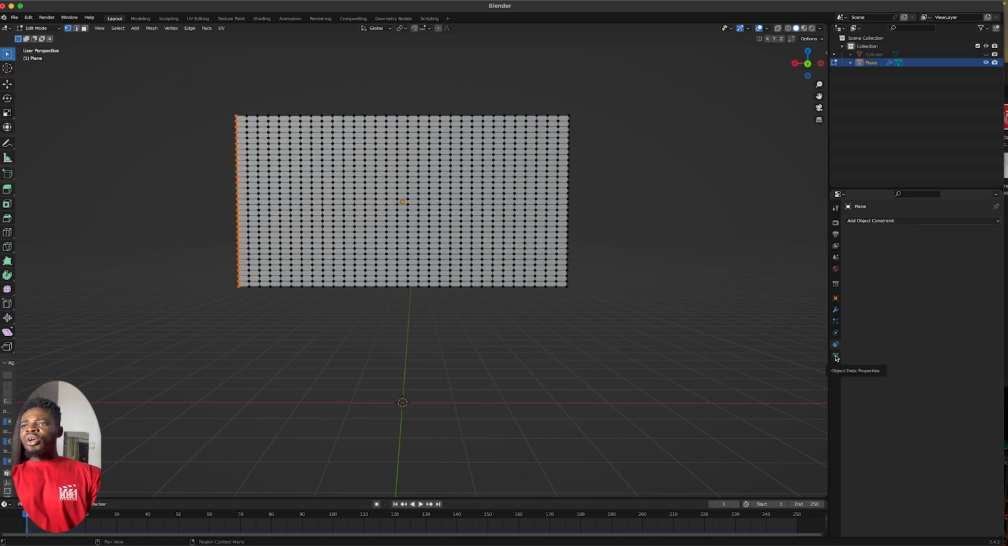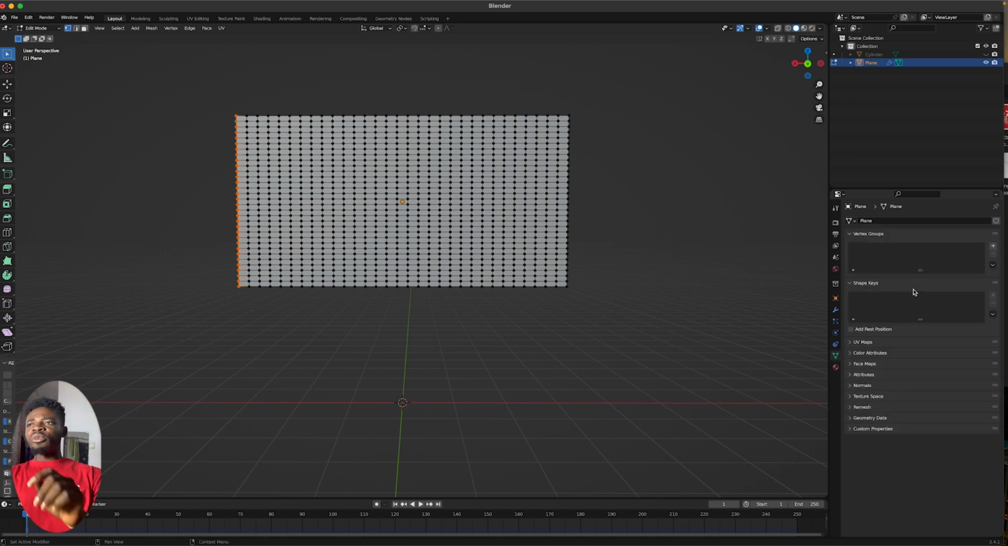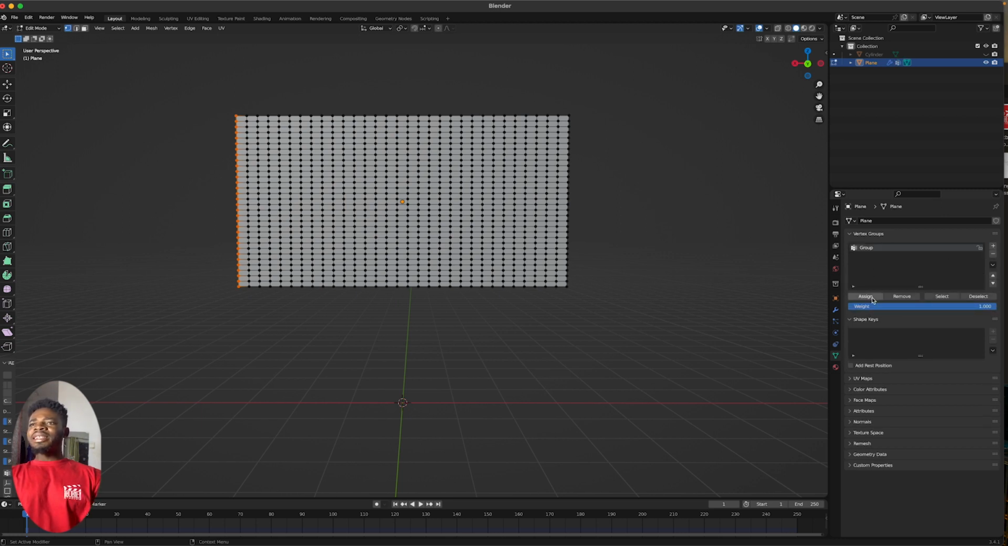Yeah, there we go. We go to object data properties and then we add a new group. So create this group. Now we are assigning all these points to the new group. So we go to assign. Good. Alright, now let's go back to object mode by pressing Tab on the keyboard or by simply going here